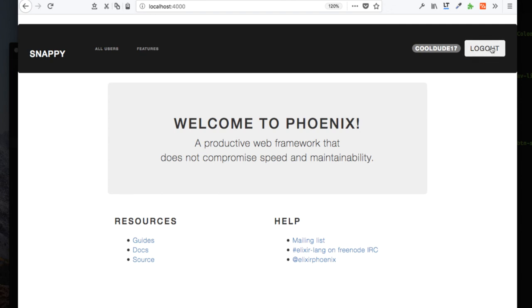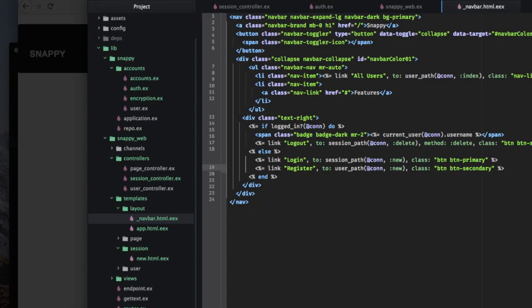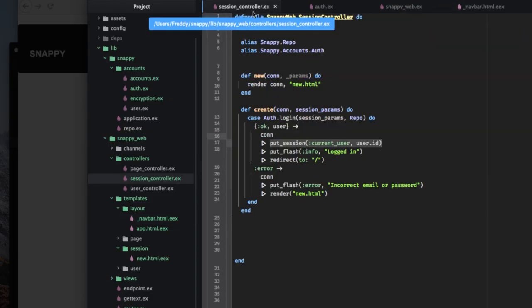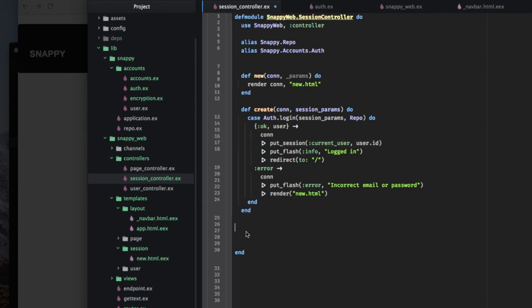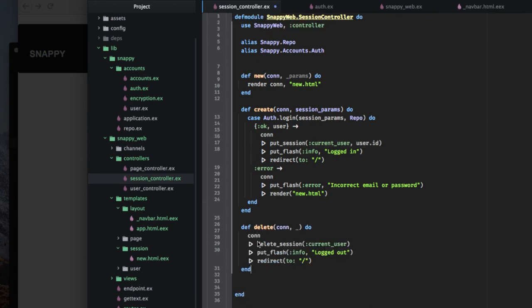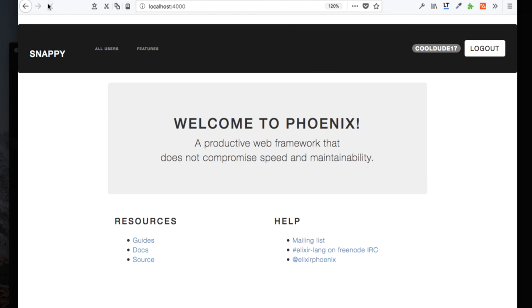This logout button is not going to work because we haven't actually added the function for deleting the session. So we could do that right now. Within our session controller, we can add a delete function, and what this is going to do is delete the session current user, redirect the user to the root of the application, and put a flash up that says you've been logged out. Okay, so with that saved, we now should be able to log out,